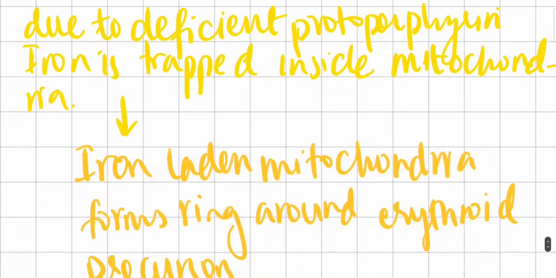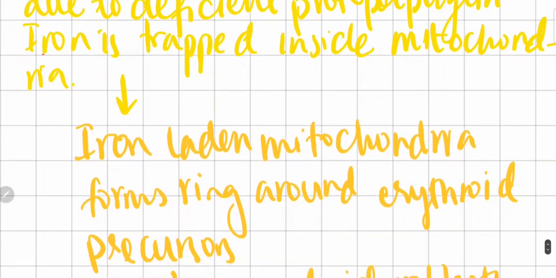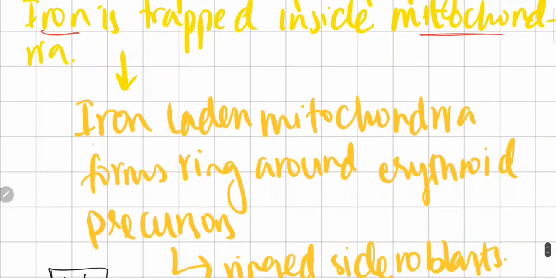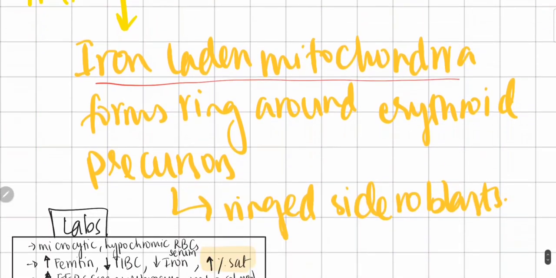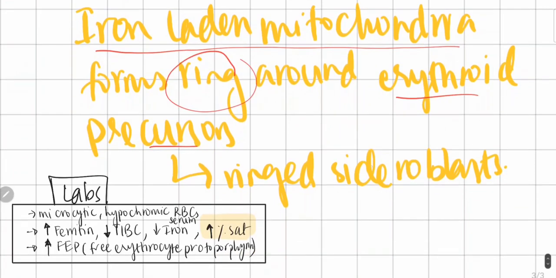So because there is deficient protoporphyrin, iron is then trapped in the mitochondria, so these iron-laden mitochondria form rings around erythroid precursors that forms ringed